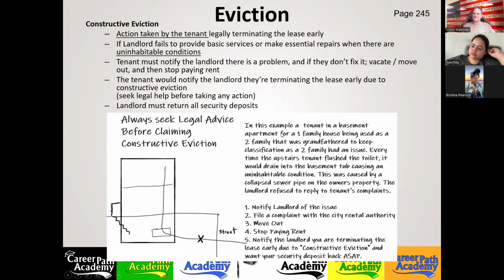Here's an example where I had a tenant that actually used this. The landlord was my client too. I had the listing, and this was my first listing with him, and he owned a bunch of properties. I rented out the main house, which is basically a house that was grandfathered as a two family, having the basement unit legal because it was grandfathered.